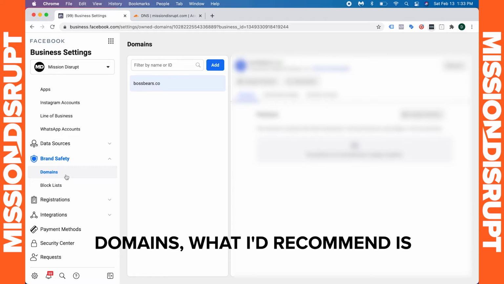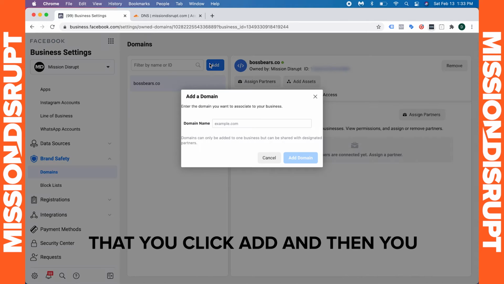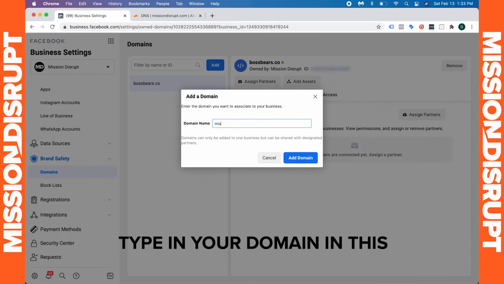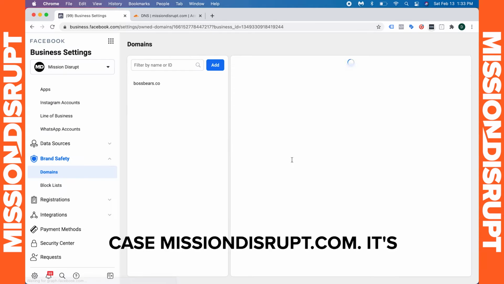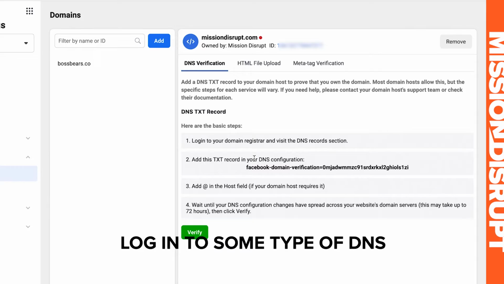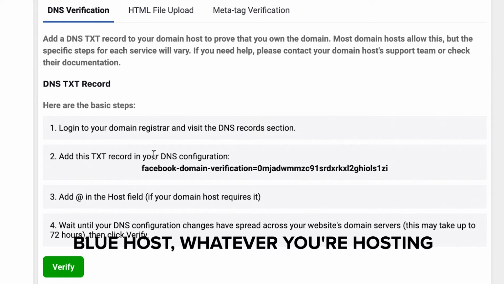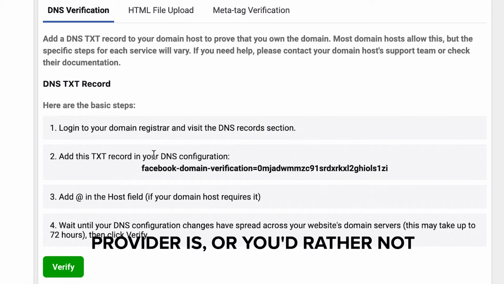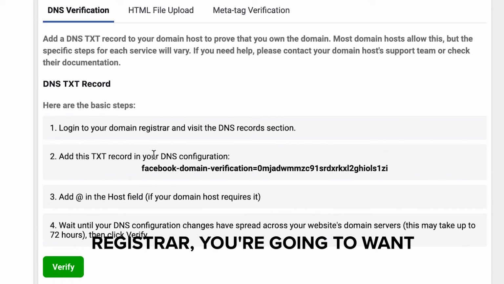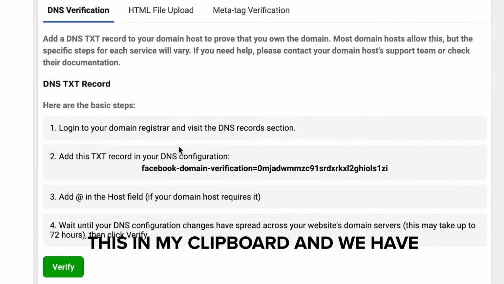So when you go to domains, what I'd recommend is that you click Add, and then you type in your domain. In this case, missiondisrupt.com. It's going to ask us to verify it. So basically all we have to do is log into some type of DNS setting on a GoDaddy, a Bluehost, whatever your hosting provider is, or not your hosting, your domain registrar. You're going to want to add the TXT record. So in this case, I'm going to copy this to my clipboard,